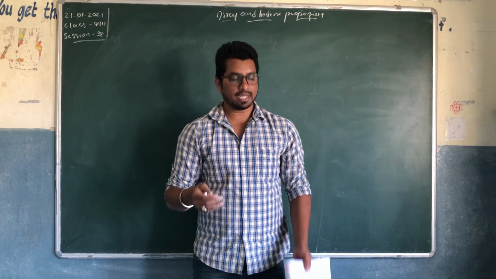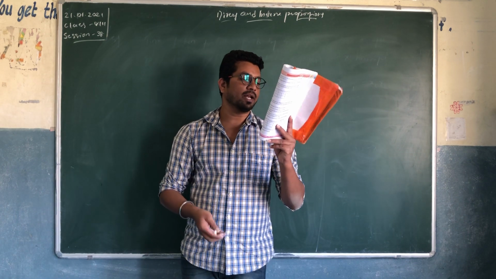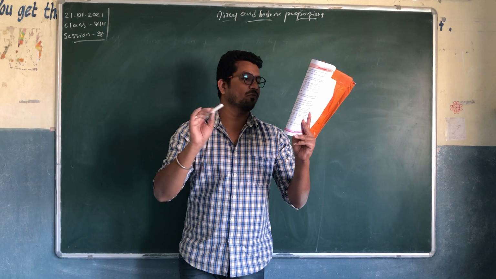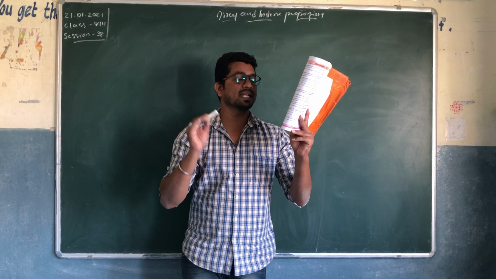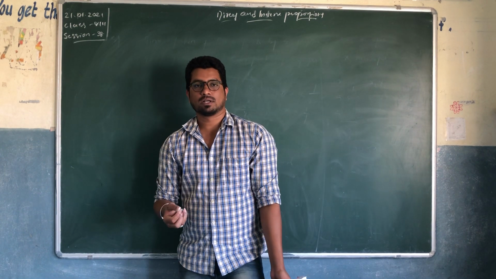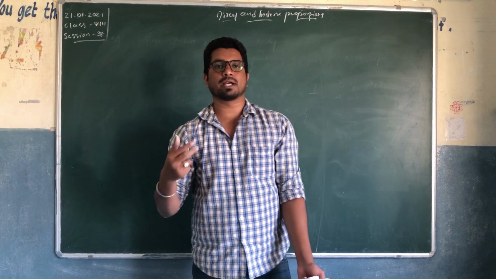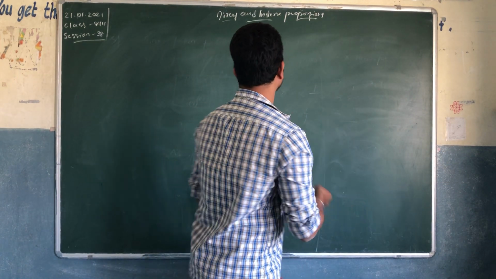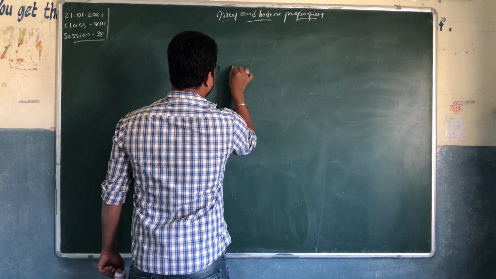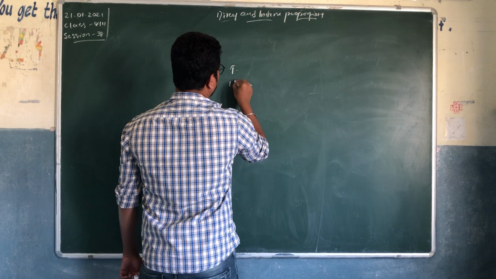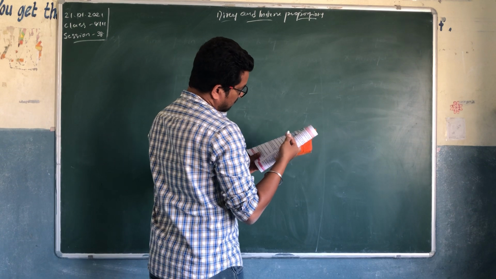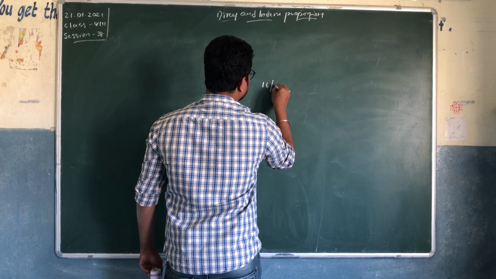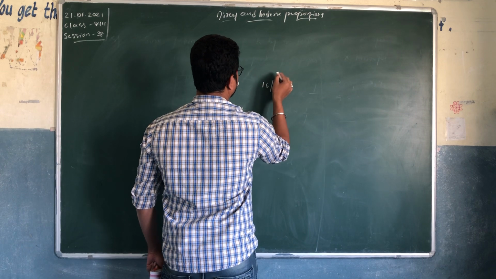Simply, here it is given, a nautical mile is a unit of measurement used for distance at sea. That measurement is called a nautical mile. So what it is saying? This is time, 10 hours. For 10 hours, it is covering 16 miles per hour.